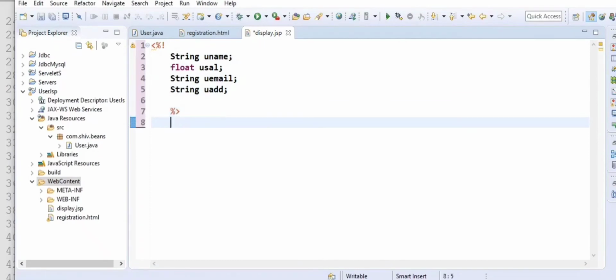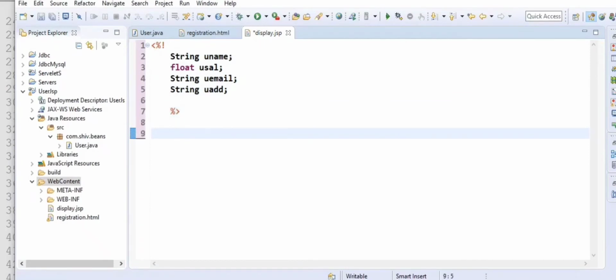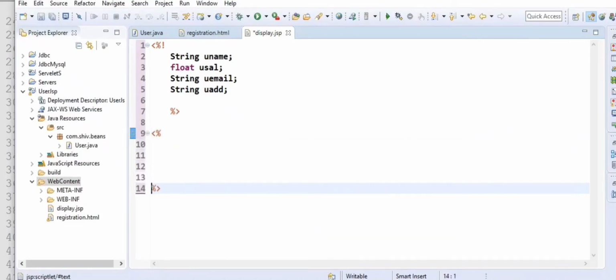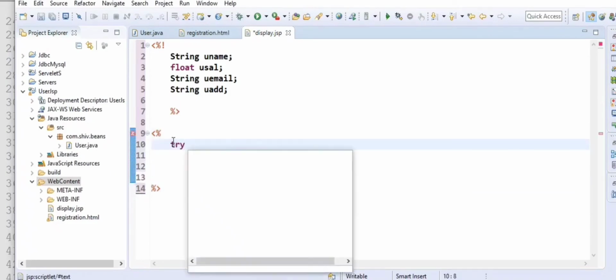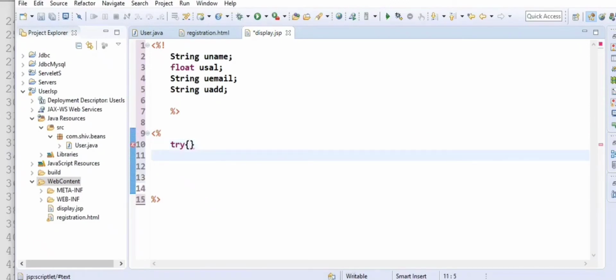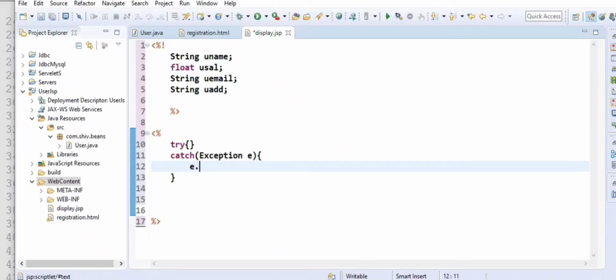Now after this we have to get data from our request object, so we will use a block of code. So now let's take a try catch block. e.printStackTrace.